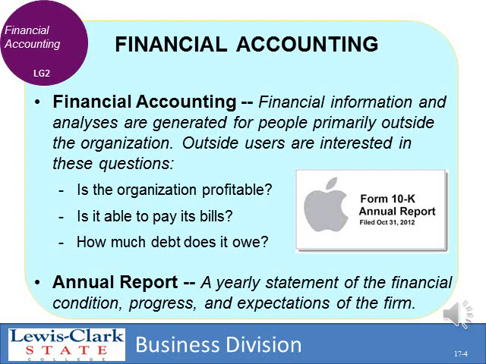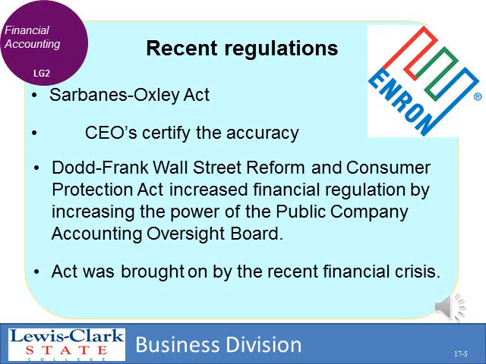Now, one of the other things that a public company will have to do is produce an annual report, or as it's called, a 10K, and that reports all financial information and significant transactions for the year. As a result of ethics and legal violations in companies like Enron and also the recent financial collapse, there have been regulations that actually change how accounting has to be done. And the SOX, or the Sarbanes-Oxley Act, actually requires the CEOs to certify the accuracy of the annual report, or the 10K. And that is something directly from the result of the Enron fiasco. And hopefully at this point you did get a chance to see that movie, the documentary, The Smartest Guys in the Room.